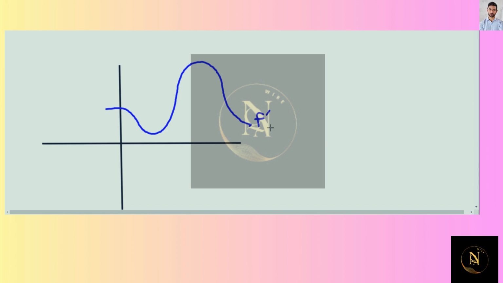The graph of f of x. To determine when the graph is increasing, you can see that from this point here to this point here, the graph of f of x is increasing. F of x is increasing when its first derivative